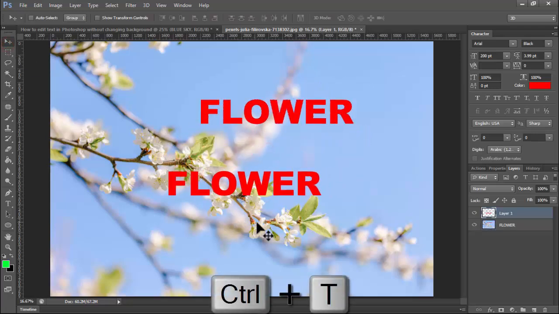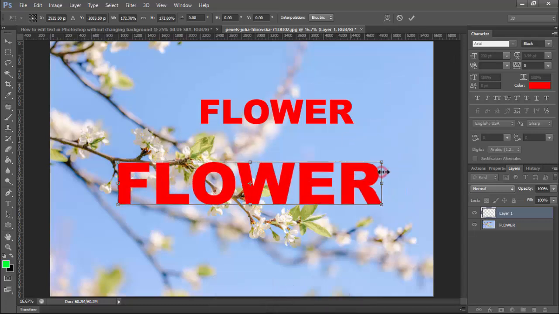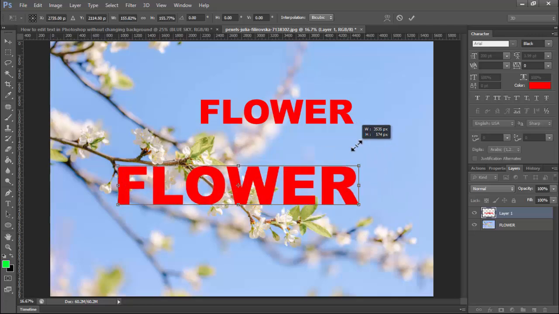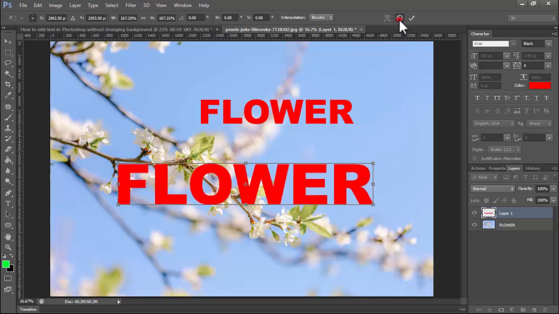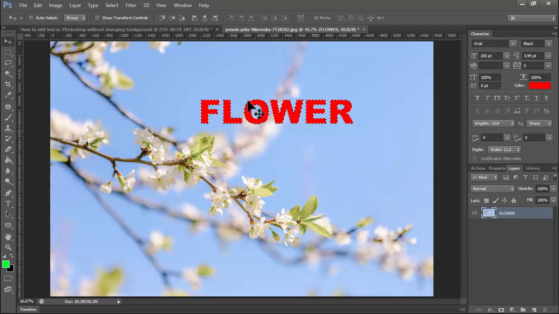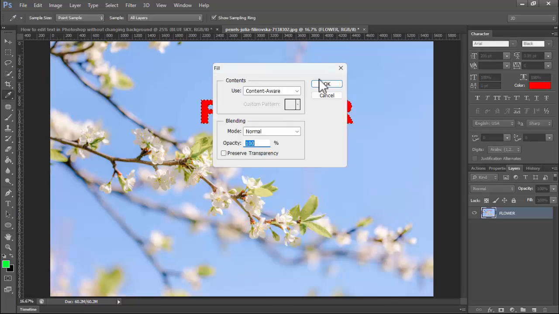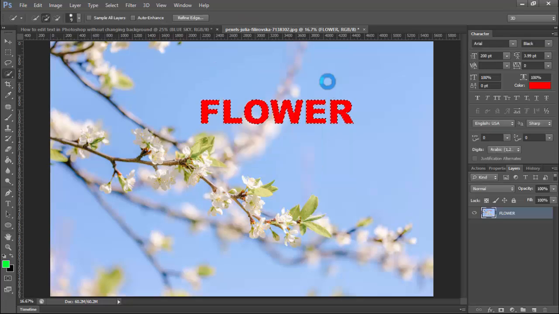Now see this, keep the text, press Ctrl T on your keyboard, hold Shift to fix the size. Okay, or the best way to remove this, select it. Apply the same formula to select, or use the magic wand tool. Then again right click on your mouse, quick selection tool, right click on your mouse, fill content aware, click OK,